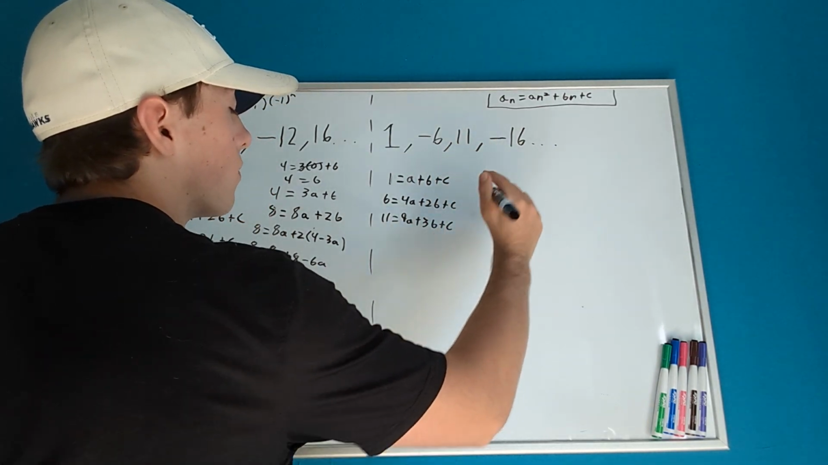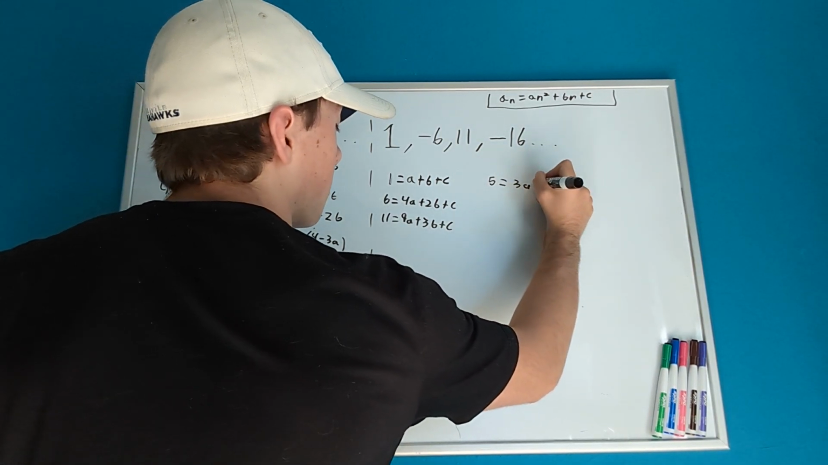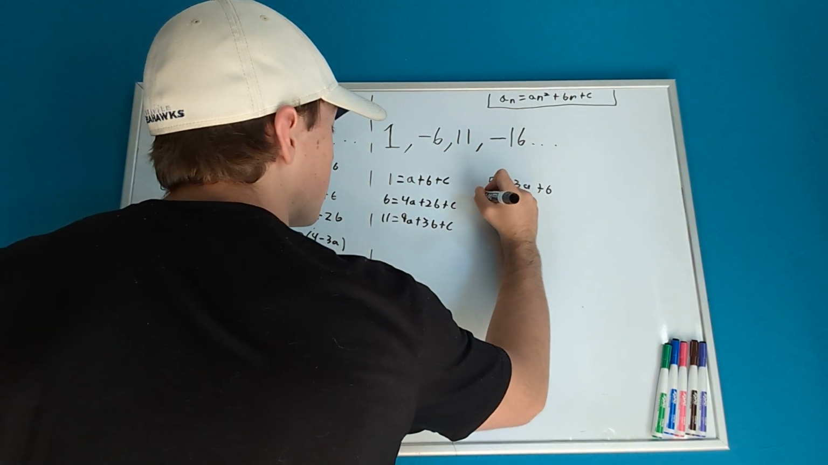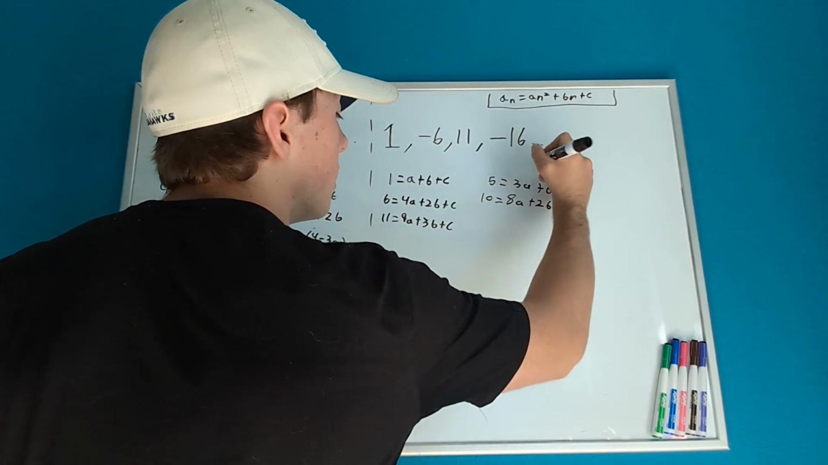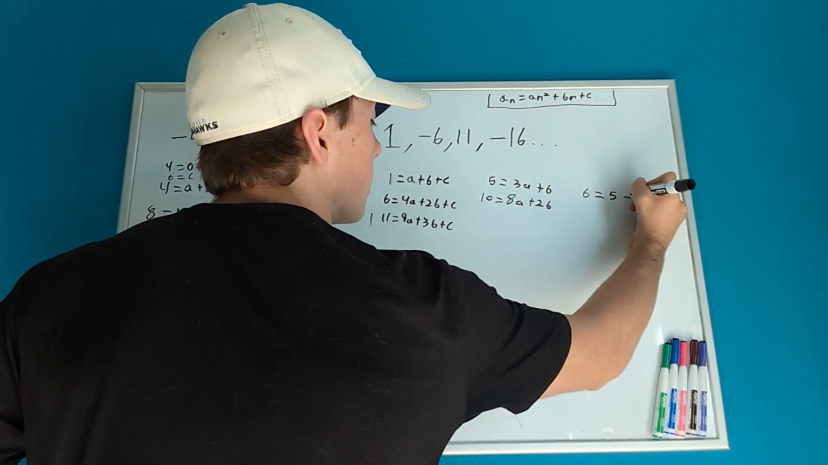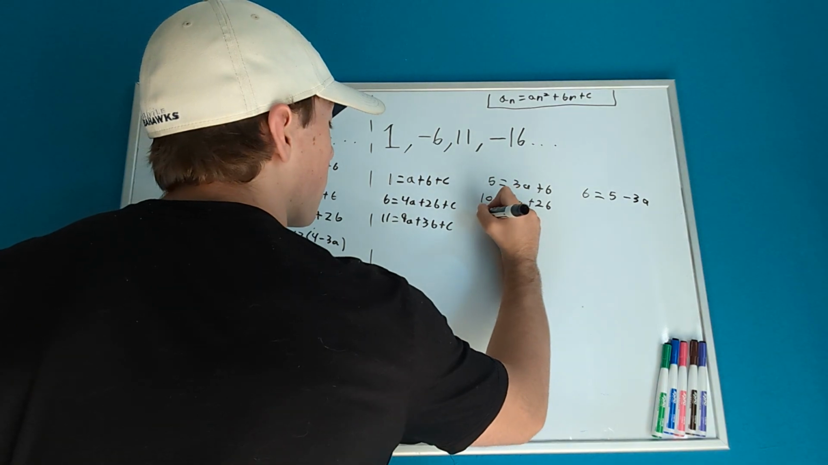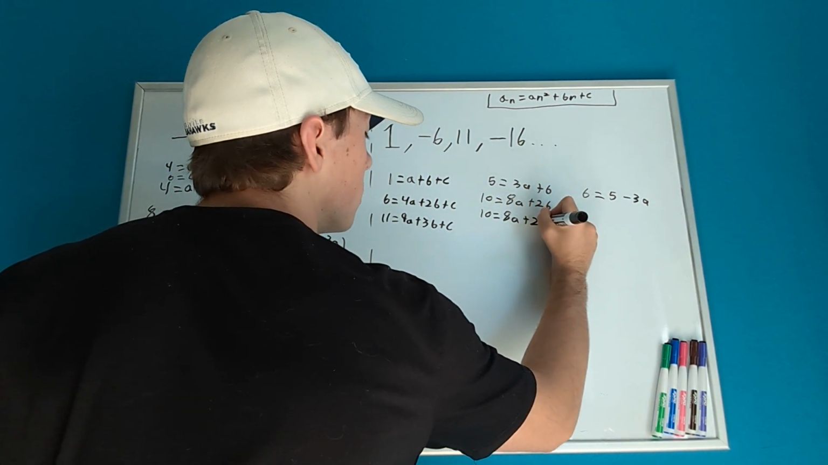Let's subtract this top one from both of these to create a new system of equations. We get 5 equals 3A plus B, and 10 equals 8A plus 2B. All right? So then solve for B. We get B equals 5 minus 3A. Come down here, plug that in. 10 equals 8A plus 2